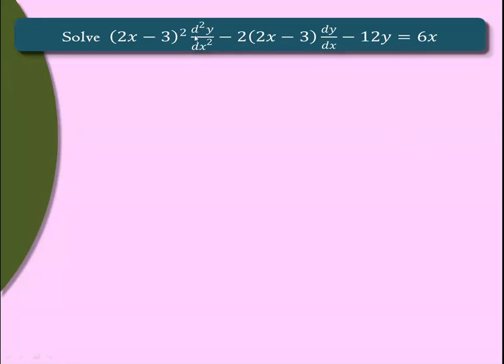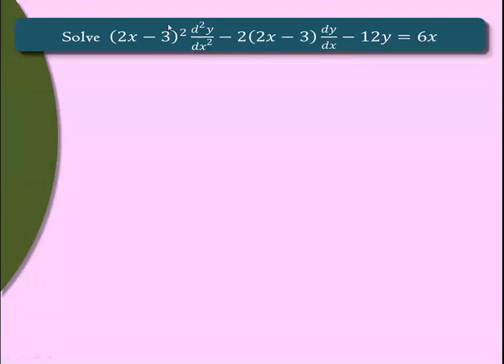Up till now we had differential equations with constant coefficients. But here, together with derivatives, we have some function of x, and that function is 2x minus 3. Now just check whether the order of derivative and the power of 2x minus 3 are the same or not. Here it is 2, here it is 2. Here the order is 1, the power is 1. Here the derivative is not there, so no need to check. When the order and power are the same, it becomes a homogeneous equation, and this is a Legendre's equation.